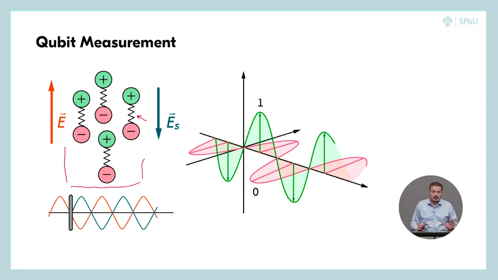If we apply an alternating electromagnetic field with the vector of oscillation parallel to this axis, then these charged particles, pluses and minuses, begin to oscillate around the positions of the minimas of potential energy. And as you know, when charged particles oscillate, they produce waves. So this another wave, secondary wave, is depicted here